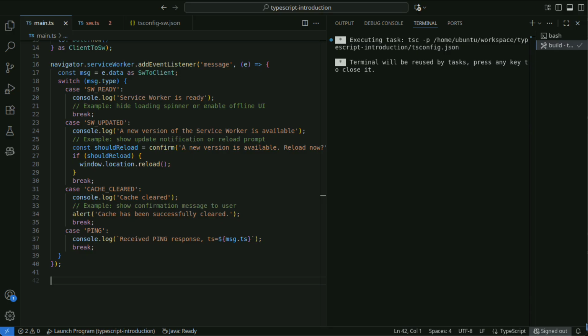Understanding the install, activate, and fetch lifecycle events, and choosing the right caching strategy, such as cache first or network first, for each situation leads to a better user experience. For operations, understanding cache version management and update flows, updatefound, waiting, SKIP_WAITING, etc., is essential. By adopting typed messaging for client and service worker communication, you can prevent misimplementation and establish a system that is easy to extend and maintain in the long term.